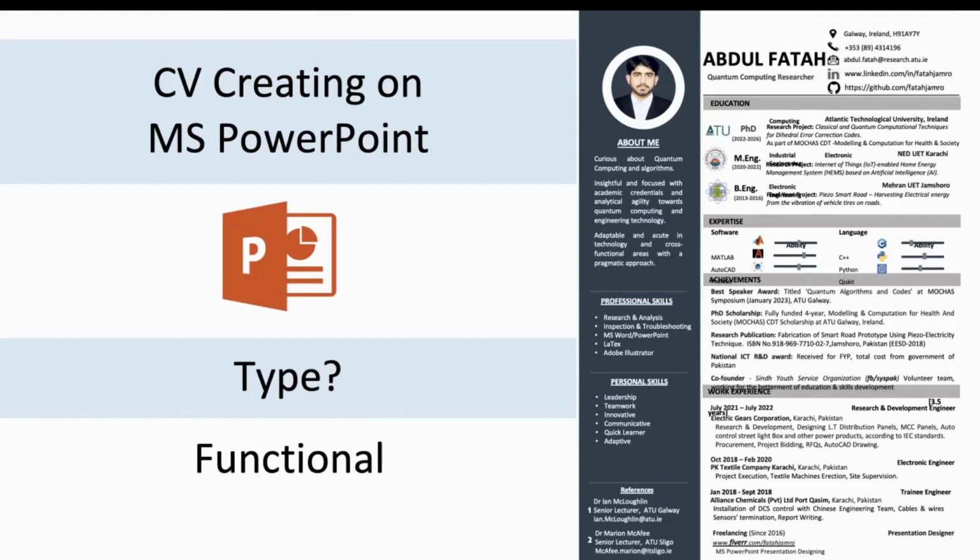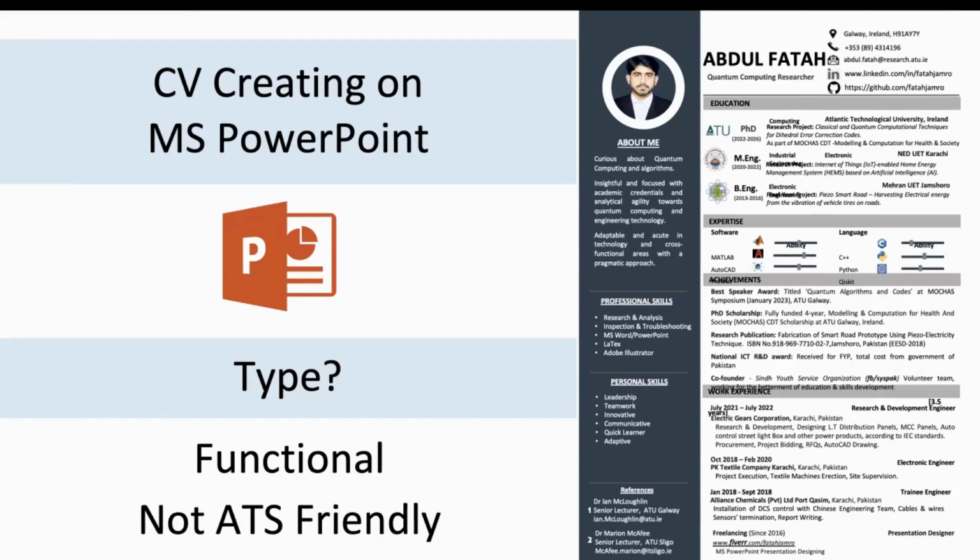Okay, so if I ask you another question, is it ATS friendly or not ATS friendly? Can you answer? Kamal and Mujahid in the chat said no, it is not. Yeah, that's right. It is not an ATS friendly CV because it contains a lot of infographics. It contains images, which ATS software does not understand. It will not pick up the images or infographics when you submit the CV.